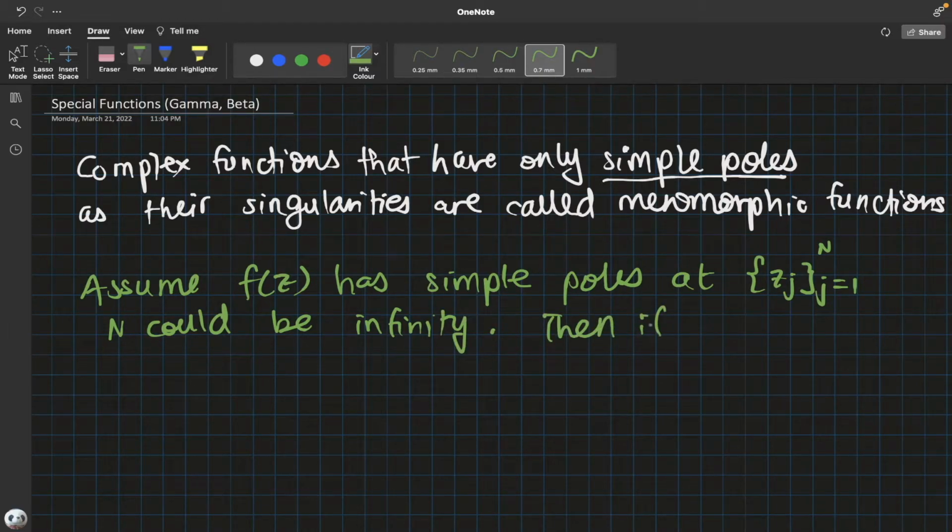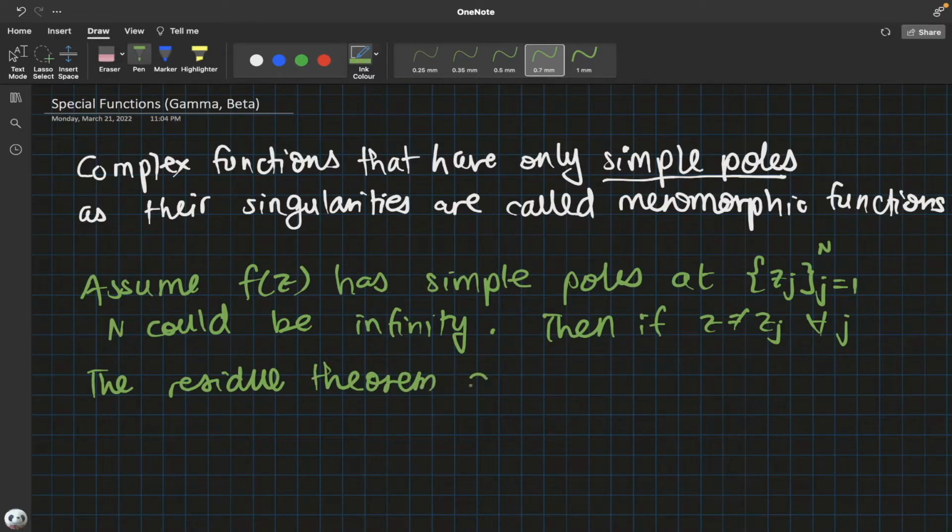Then if we have some point z not equal to any one of these z_j for all j, the residue theorem gives us